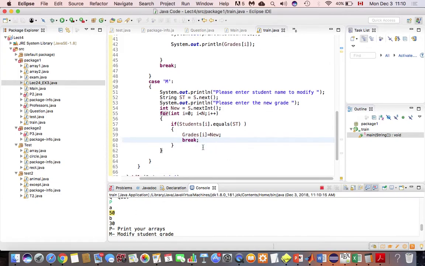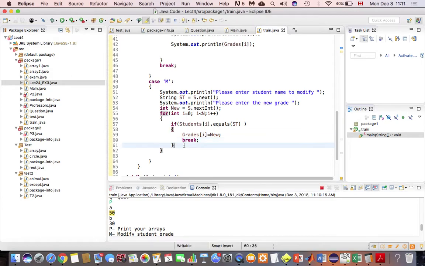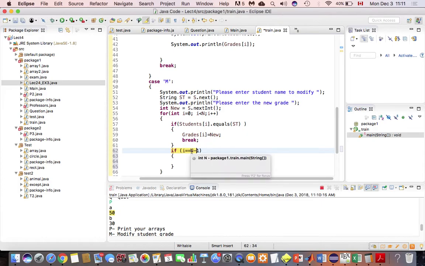And what happened if he didn't find inside your array this student? In order to do that, to be more and more professional, this is not mandatory, but to be more professional here. If I came here and said if I equal n minus 1, what does that mean? If he comes to this one, to come to I equal n minus 1, that's mean the last element. And if he reached the last element without breaking from here, so he didn't find it inside the array. So I can just say here a message